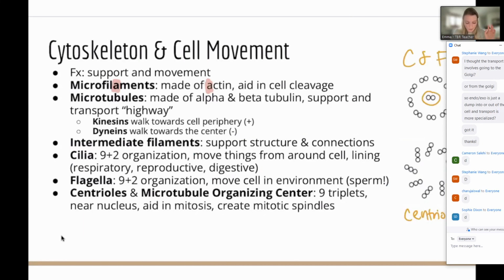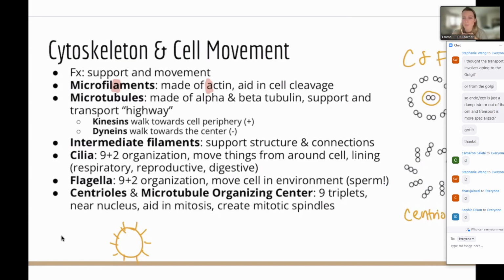When we think about cilia, typically those are lining the surroundings of a cell. Often you see cilia represented as little short hairs on cells. Sometimes they brush things away. Your respiratory tract is lined with cilia. The fallopian tubes are lined with cilia. Sometimes in your digestive tract there are also cilia, and they brush the fluid along, or in your trachea they're really important for moving dust out, or potentially even moving liquid when you swallow.